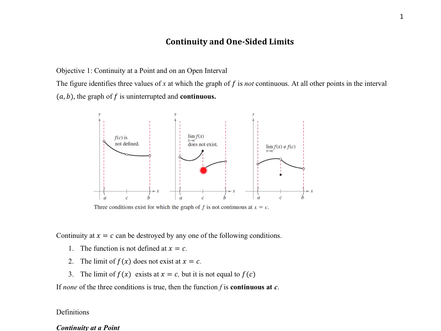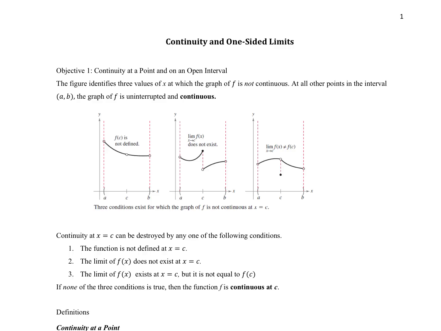There's a jump in this case. The limit of f of x exists at x equals C. However, it is not equal to the function value f of C, which is demonstrated in the last graph. And if none of these three conditions is true, then we can conclude that f of x is continuous